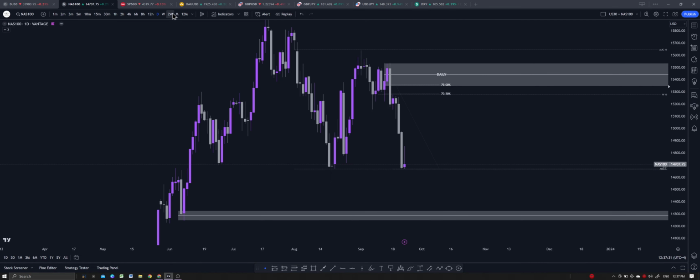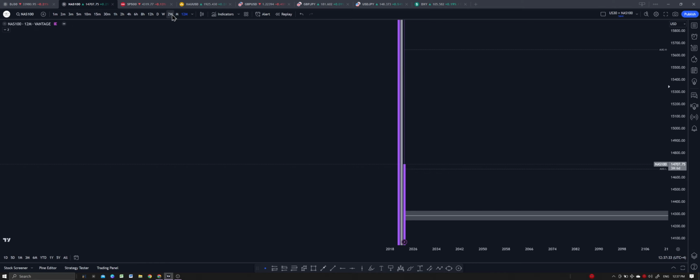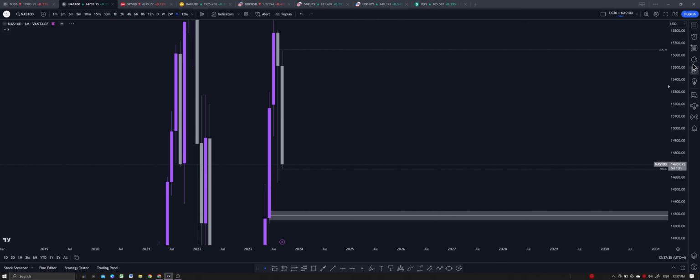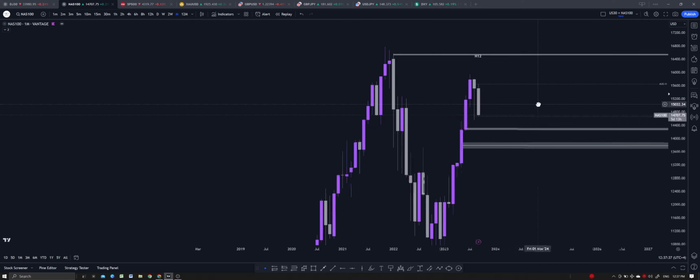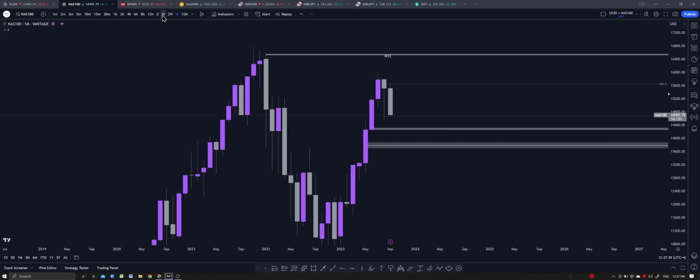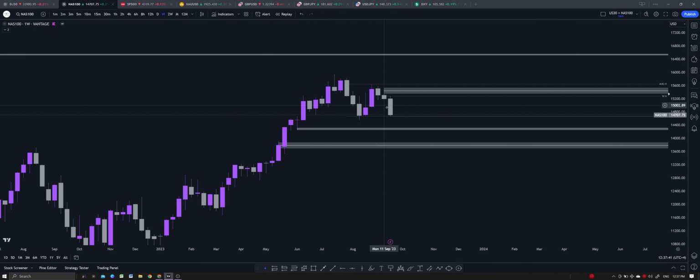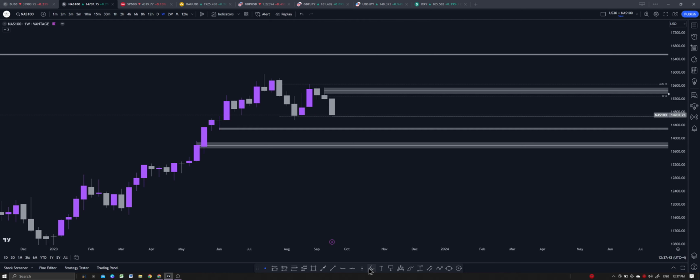With NAS 100, NAS 100 has the similar setup as SPX. They kind of mimic each other pretty much. So same thing, bearish flow, right? Weekly also has that same bearish flow. The only thing with NAS is that I would like to see NAS 100 break this low here, this structure here. So if price breaks the structure and then starts retracing, I would like that. That would be a high probability for me.